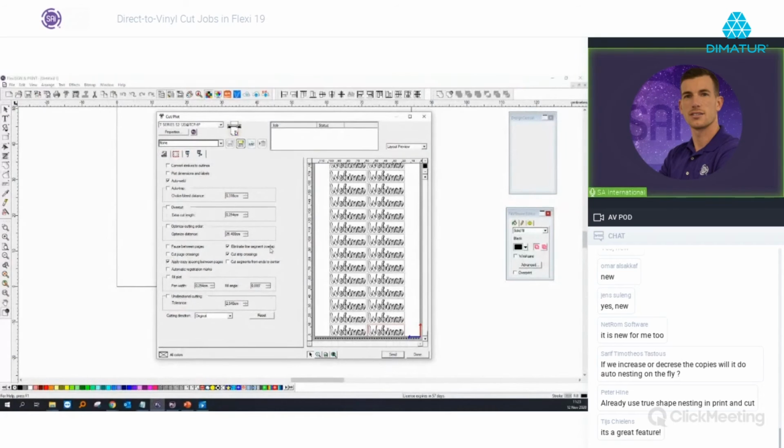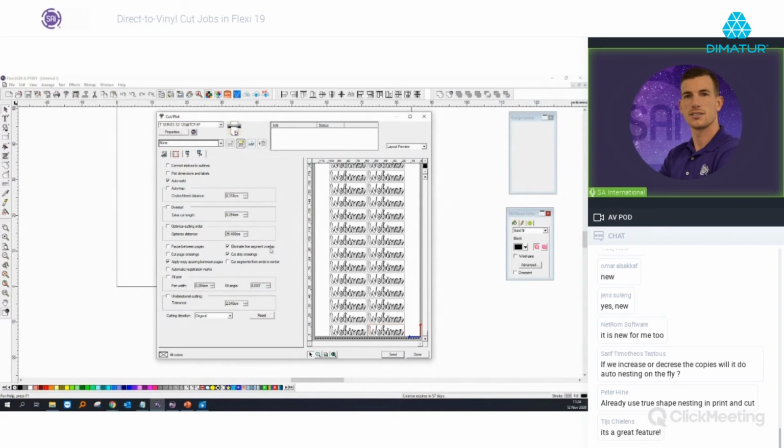If you import, for example, DXF files or a very complicated file, this means if you select the eliminate line segment overlap, the cutter will only cut if you have 2 lines which are overlapping on the exact position. The eliminate line segment overlap will send data to the cutter, and the cutter will only cut once on this